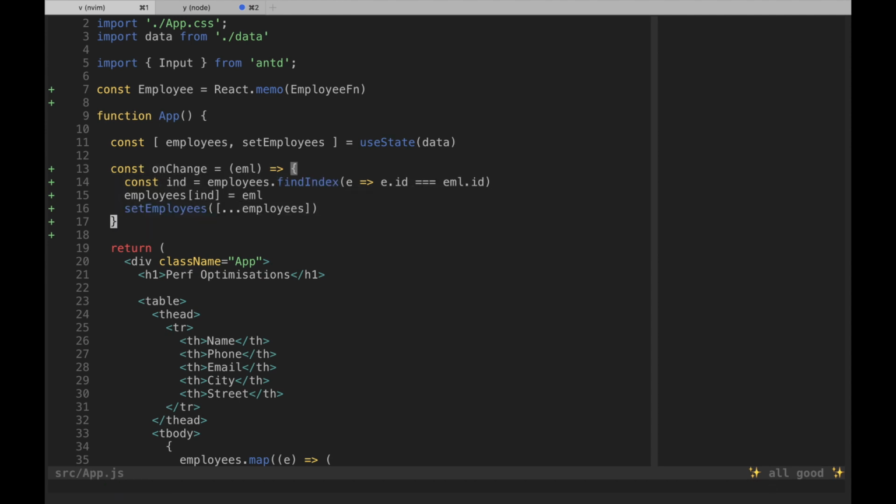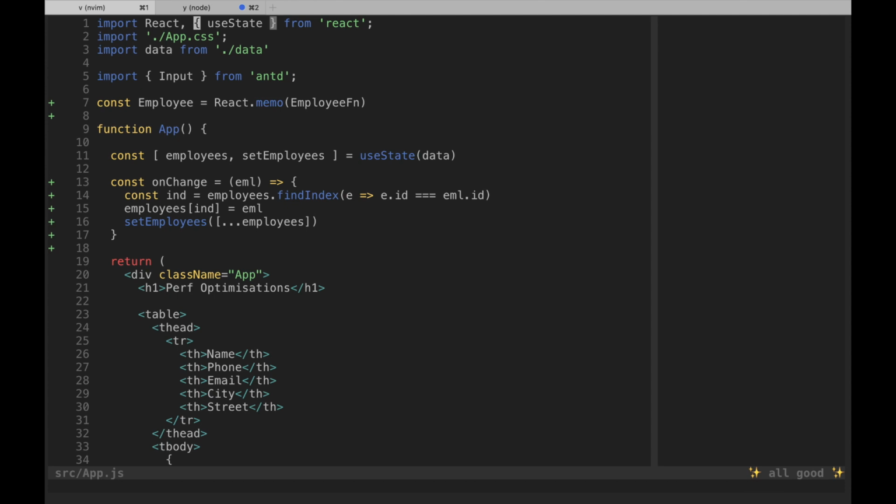So we should cache it somehow. There's a special function for that called useCallback. And it takes a function it needs to cache as a first argument, and it takes dependencies as a second argument. In this case here we don't want any dependencies,